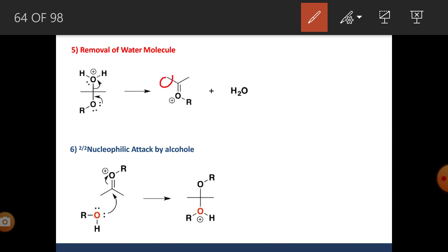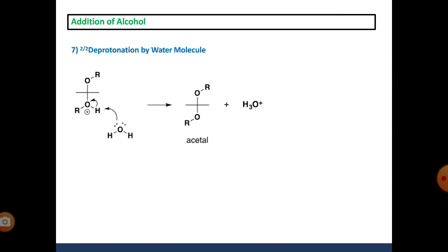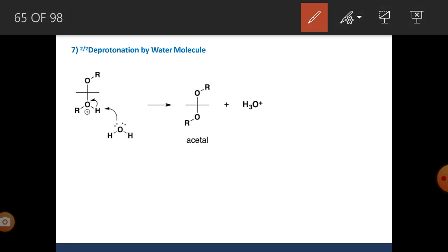Now there are 2 alkyl groups, as from acetone it is 2 methyl groups, C double bonded oxygen and R is there. So this oxygen is again an electron deficient oxygen. Again it accepts one alcohol, the second molecule of alcohol, and gets converted into this. Again oxygen is plus and it is not stable. So in the last step deprotonation takes place, means there is removal of H plus and acetal forms.